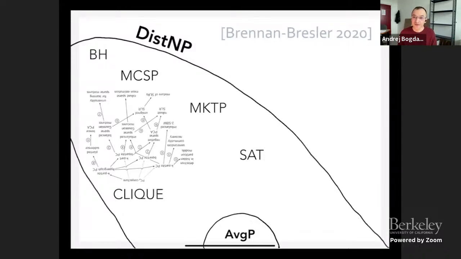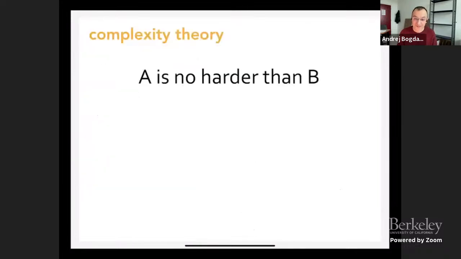And so it's not exactly clear that there are no reductions in the distributional world. They exist, but it's much less clear when we can expect to have them and when we cannot expect to have them. And as complexity theorists, that is our job, right? To explain what happens.